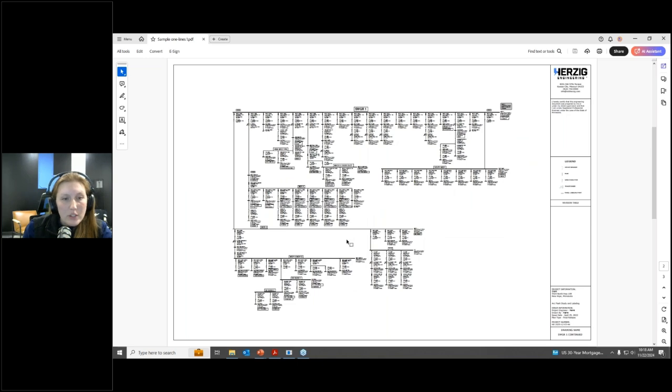So Paul has a question. Does a full table of data accompany the PDF one-line diagrams? Yes, typically if we're building this as part of a study, we will run the calculations, and of course some information's on the diagram, but then there are relevant tables of data provided as well. So for example, the protective device information: all the breakers, their models, their settings, each individual setting